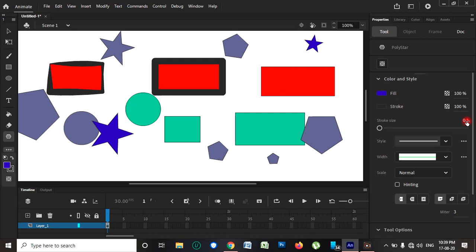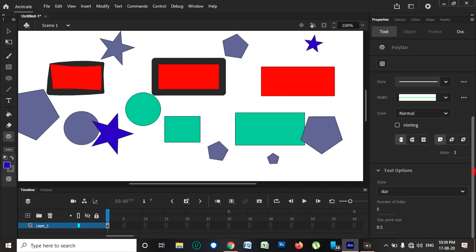This is the option to draw the different shapes. See here, the number of sides is 5. Here is the 5: 1 2 3 4 5. If you want to put the number 6, then it will become 6. If you want to draw a polygon, a hexagon, put 6, and the polygon will be drawn with 6 sides. See here: 1 2 3 4 5 and 6.